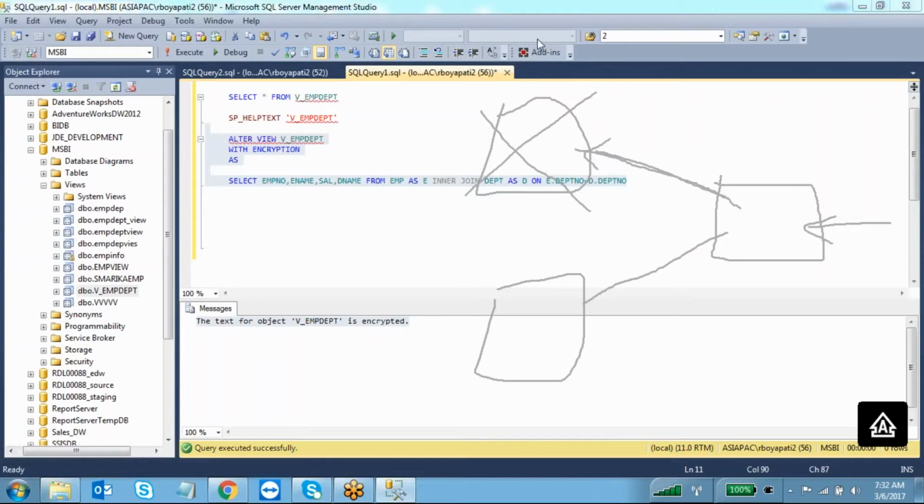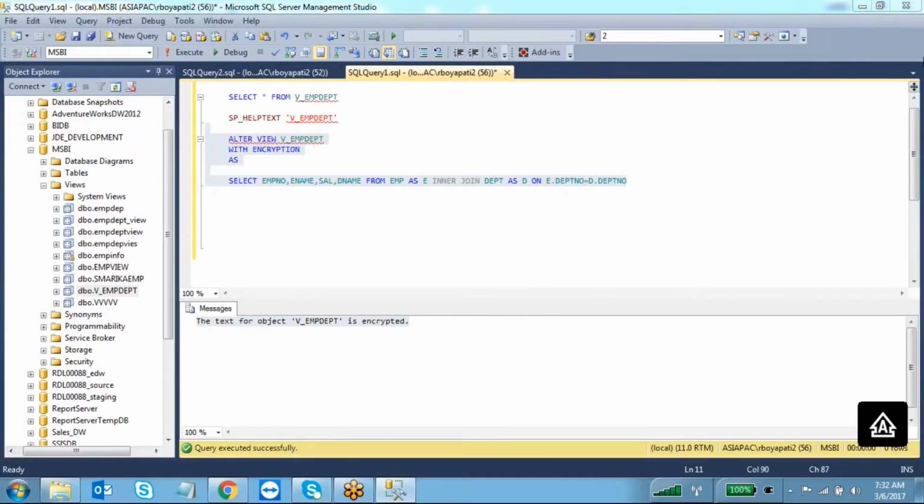So in that situation, what we are going to do here, if anyone is going to drop this table, first they have to drop the view. Whatever the views are created on this table, they have to drop those, then only they can drop this emp table. Otherwise, they can't drop. So how can you do that one? You have to apply the property with schema binding. If you are putting the with schema binding when you are creating the view,